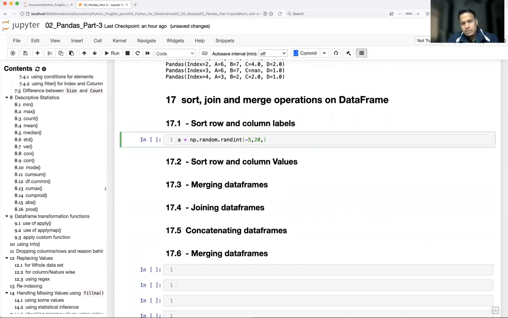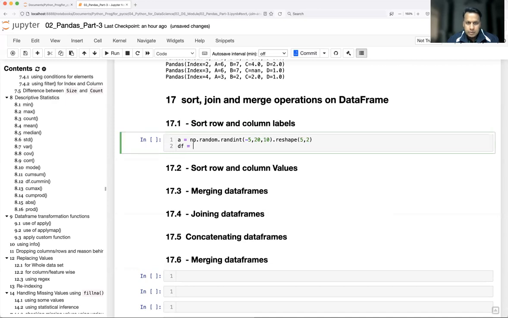Let's have a small one, 5 rows, 2 columns. So 10 values, dot reshape, 5 rows, 2 columns. df equal to pd.DataFrame, columns equal to a.